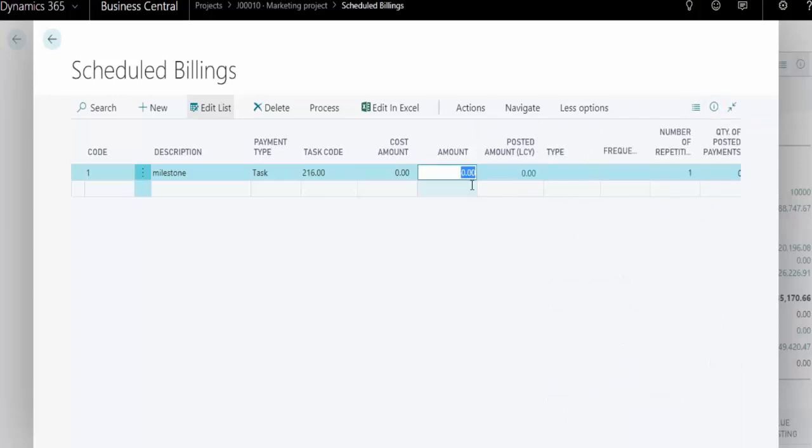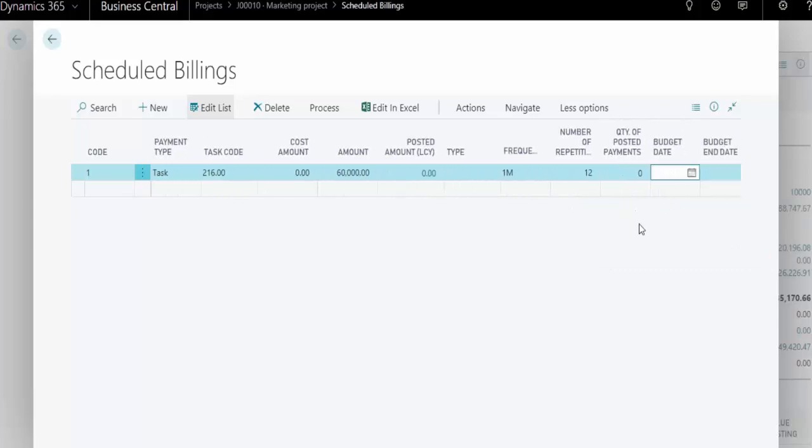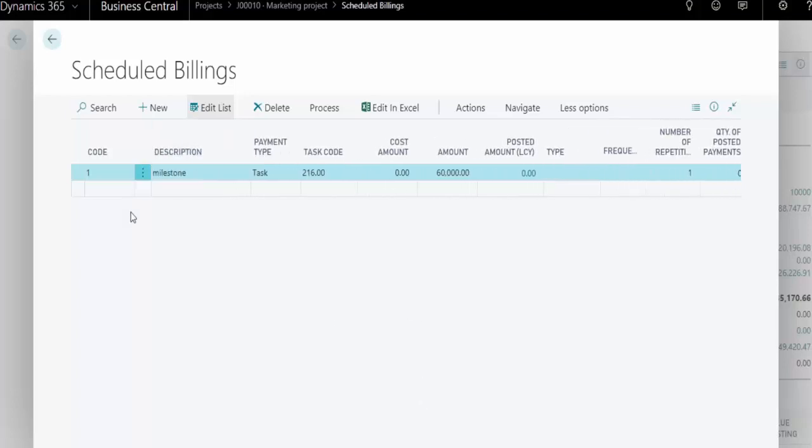So let's say I want to bill $60,000, and maybe I want to bill that monthly, so I can do a frequency of once a month here, and I can tell it I want to do it for 12 months if I wanted. So then I can set up a recurring invoicing if I want to, or I could just do a one-time invoicing. It doesn't matter. So if we're doing it for a milestone that was not recurring, I would just remove that frequency and remove the number of repetitions. So you can set up as many milestones as you want and then generate those milestones,